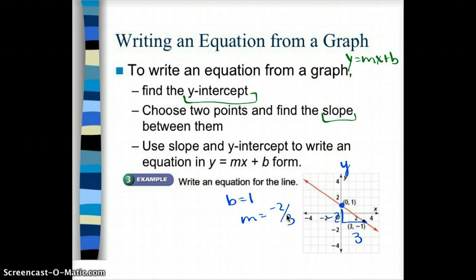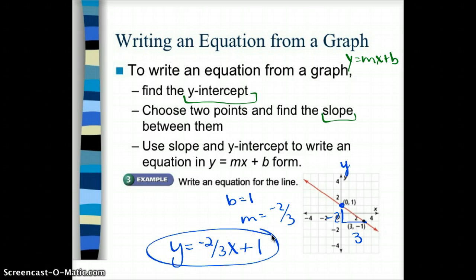Then if I'm writing an equation from this, I'm going to write it in y = mx + b form. So I think y = -2/3 x + 1. It's a kind of simple way to write an equation without doing an extra lot of thought in there. All right, let's look at